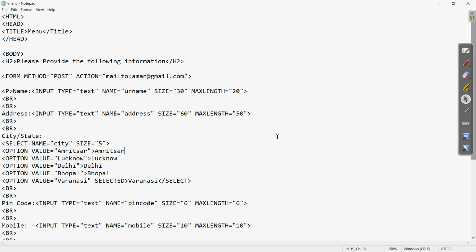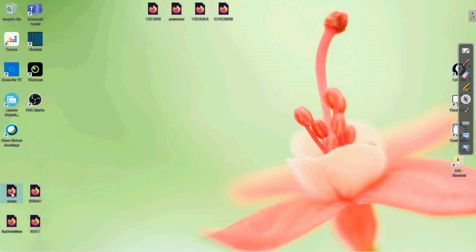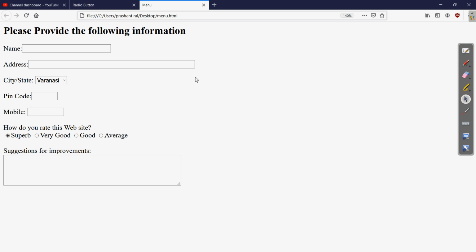Clear? Now let us see how this program is going to appear on the web page. If I come to this program, you can see that this is the program which we have written, and whatever elements we have written are appearing the same. Now if you go to this city option, you can see these are the different values which we have given for the menu. The names of the different cities are appearing here, so whatever value you want, we can choose from here.